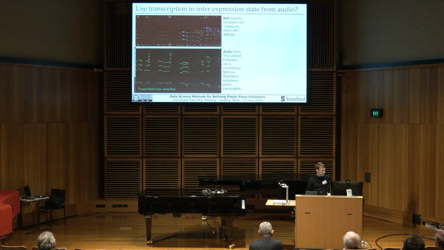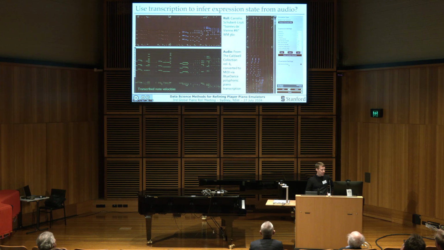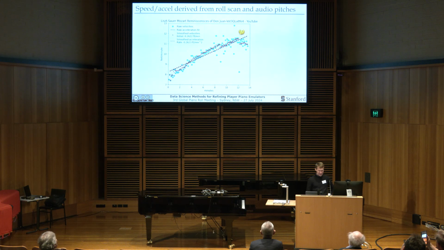So, this is just another example of how that works on a red roll and in our emulator. And finally, just to go back to that last example, what is happening at minute 12, or it's actually about 12:30 in the recording, where the tempo drops off suddenly. So I can actually just play the, if I can find the,